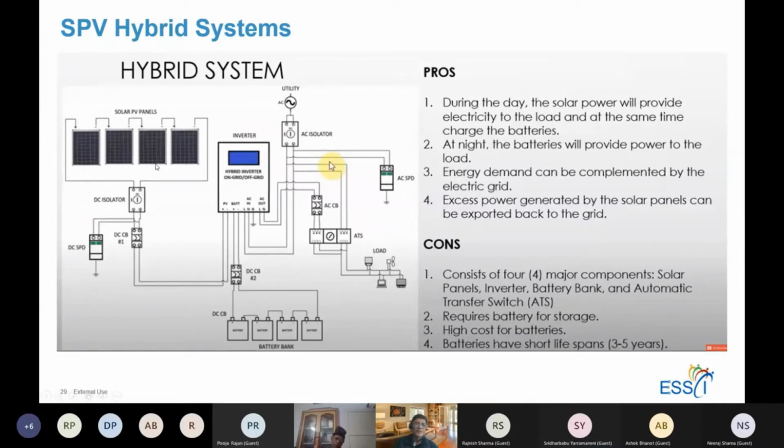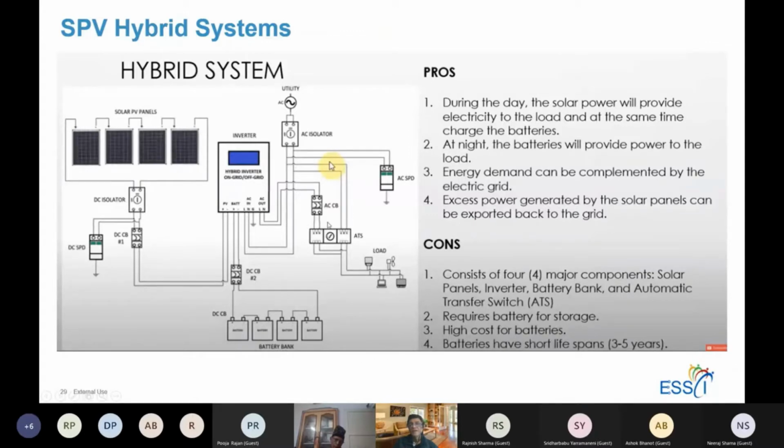The input circuit is practically the same. You have the panels feeding into an isolator. You have the distribution board for the DC, and that takes the connection, the input into the inverter. It's a hybrid inverter. It is charging your batteries. There is an output going out, okay, and it's taking the input from the utility also, and there is an output which is going to an automatic transmission switch.